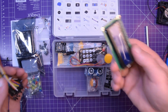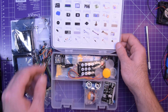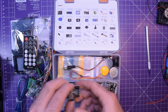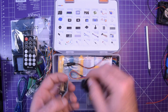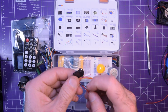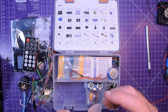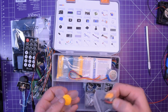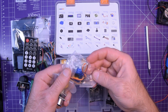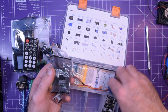We've got the LCD here, 1602, I believe. I can see actually they have a packing list on here. Infrared remote, a joystick with a handle for it over here. Have a 9-volt connector, actually a decent one, nice plastic one, not one of those kind of strip ones. A little fan to put a load on the motor. I got the motor, ultrasonic sensor, servo, always good, a stepper motor driver, a stepper motor,